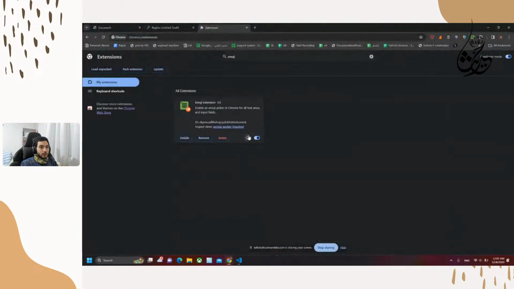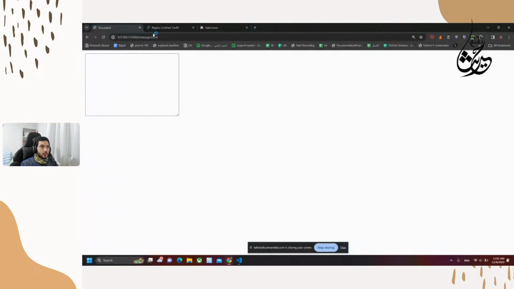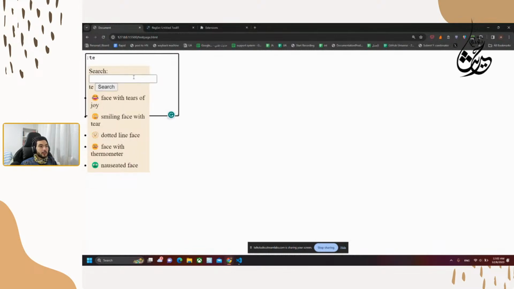Emoji, refresh this one, refresh the page. Let me see if I saved that page. I saved it, so I think it should be visible right now. And then here, let's just type T, E, whatever. So as you can see right now, we are having a better